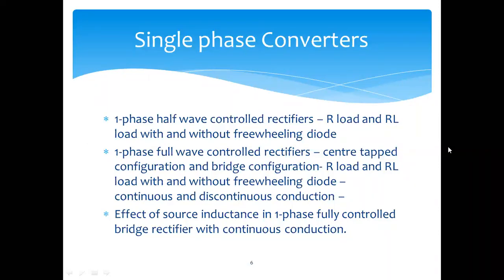Previously we observed half wave controlled rectifiers. If you provide a sinusoidal waveform as input to the rectifier, what is the output in a half wave controlled rectifier? In a sine waveform we have a positive half cycle and also a negative half cycle. But on the negative side, we are getting no output. We are getting only the half wave, that is only the positive wave.